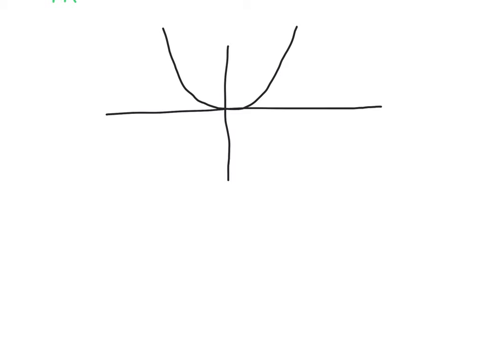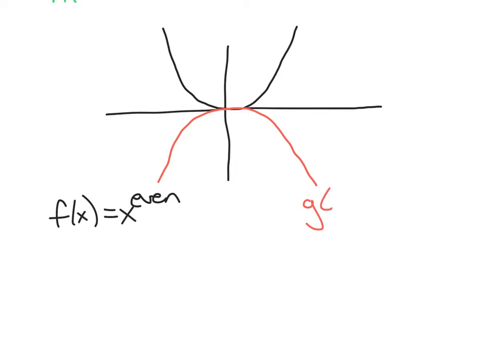I think we can do this all at once. All right, so we have two different situations here, yeah? We got f of x is x to the even power. That would be the black one. And then the red one will be g of x, negative x to the even power. Is that okay? All right, so I'm going to introduce some